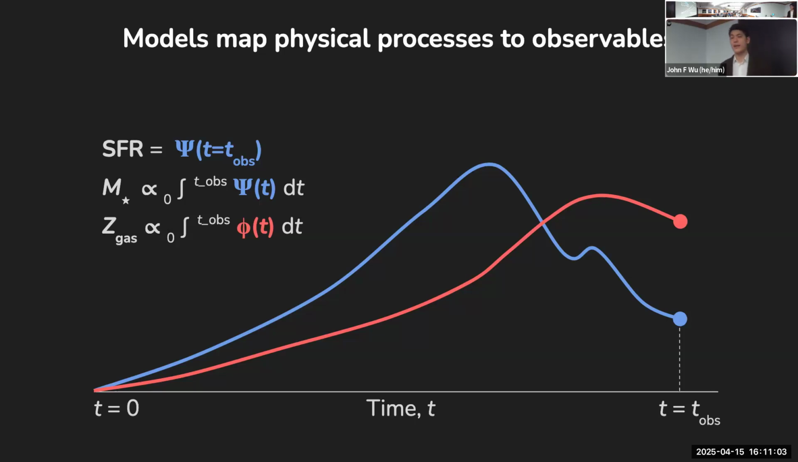If that's the star formation rate at every point in time, you can make some assumptions about an initial mass function, about mass loss rates. It's a very simplified expression, but it's something like the area under that curve. And similarly, the area under that red curve there